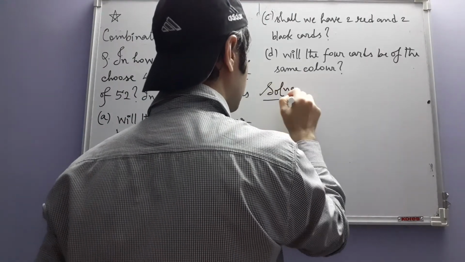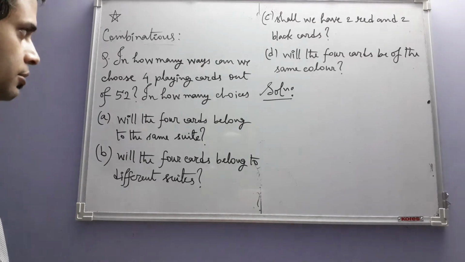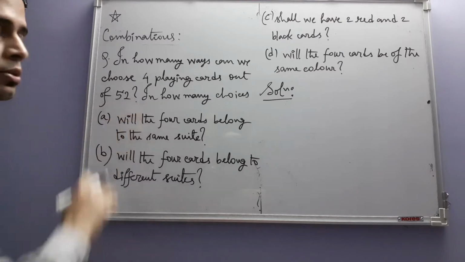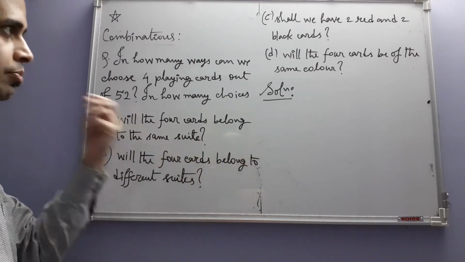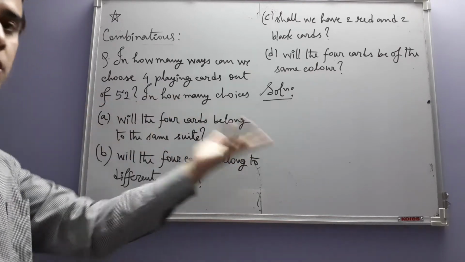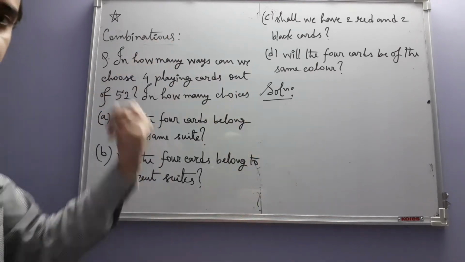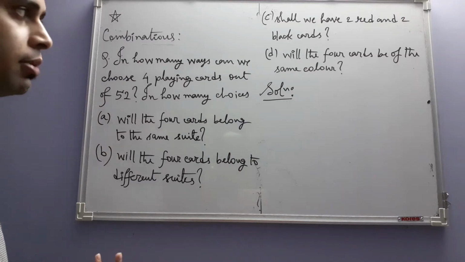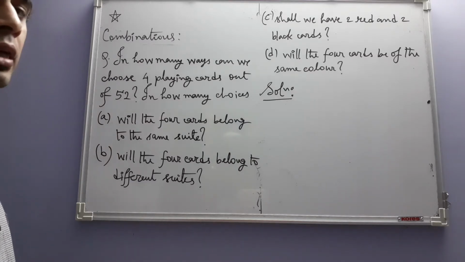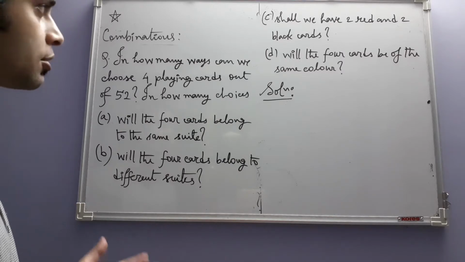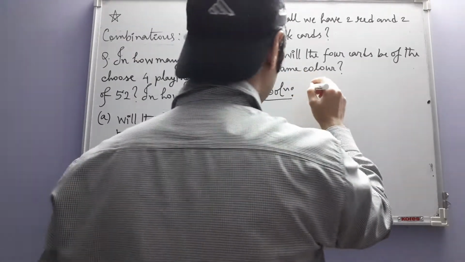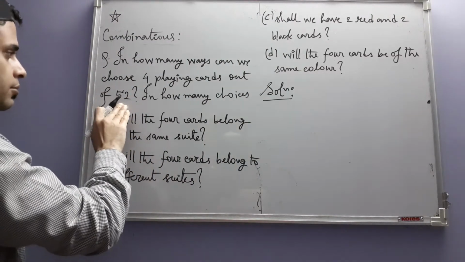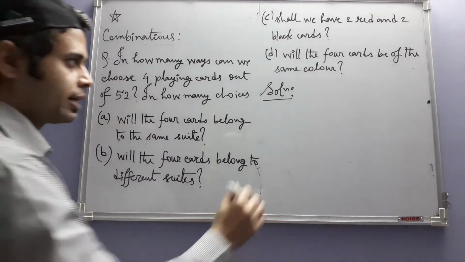See, this is where our formula will come into play, because now the available choices are so many, 52, that we cannot hope to just envision 52 cards and then see how we take 4 out of them. That is next to impossible. I mean, for a computer it may be possible, but for us, although not impossible, it is excessively time consuming. So instead, we just apply the formula directly. We have 52 distinct objects. From them we are choosing 4, any 4, and that can be done in